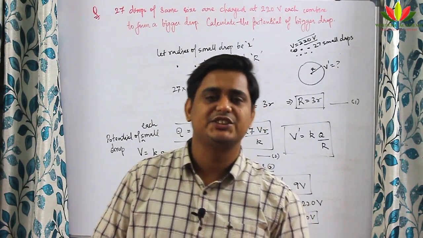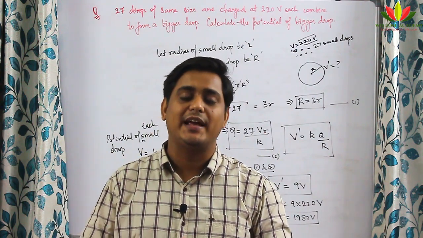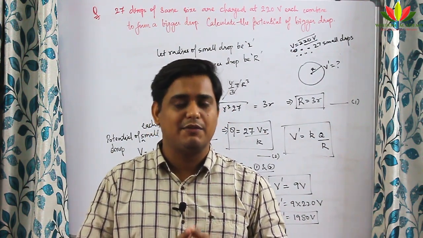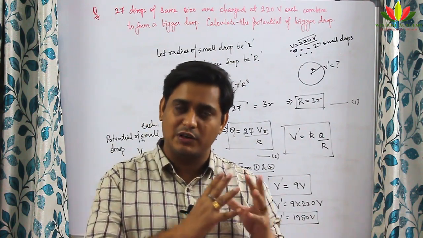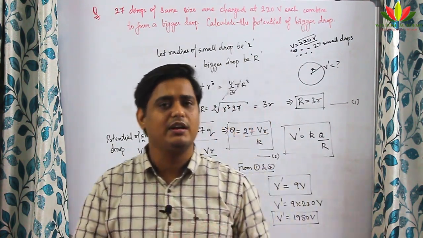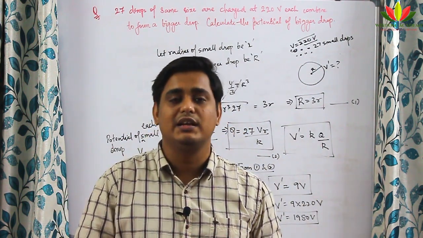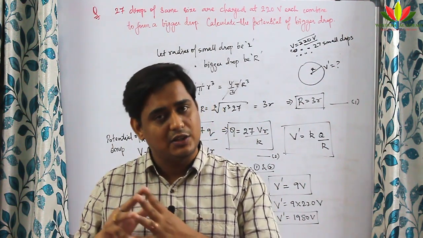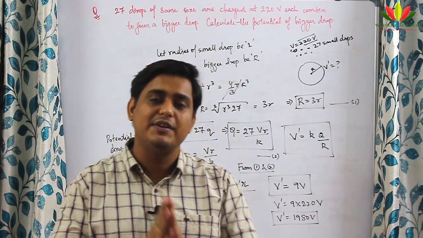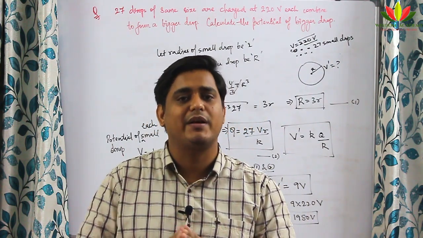So what we learned in today's session? We learned what is the electric potential due to a dipole at the general point, and we also found how it is linked with axial and equatorial. So we got a formula for general point, and with the general point we put the value of theta and we found V for axial and V for equatorial. We also found the relationship between the electric field and the electric potential, and we found electric field is equal to negative gradient of electric potential, E is equal to minus dV by dr.